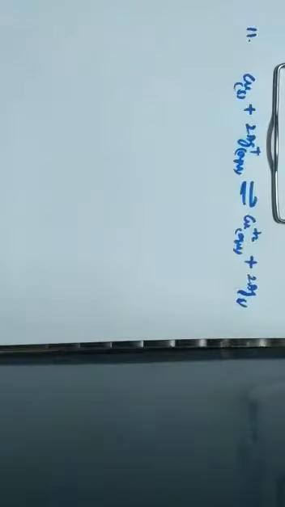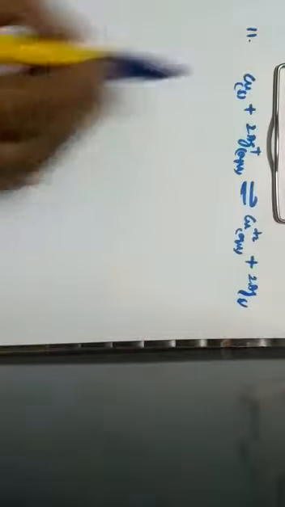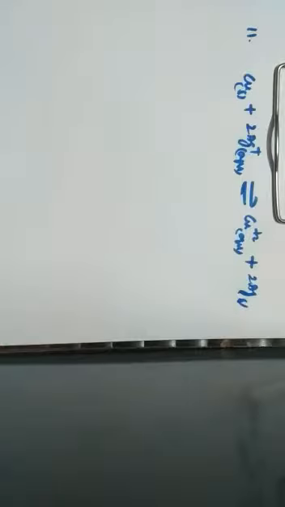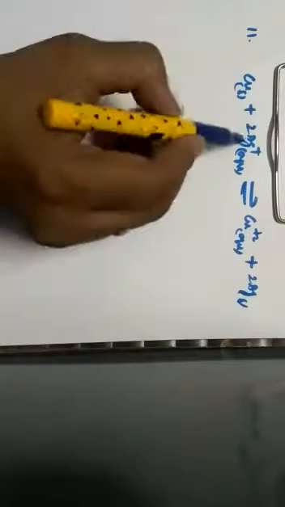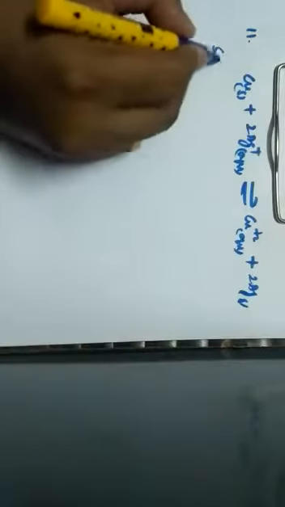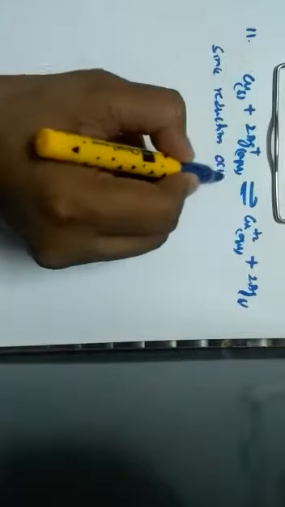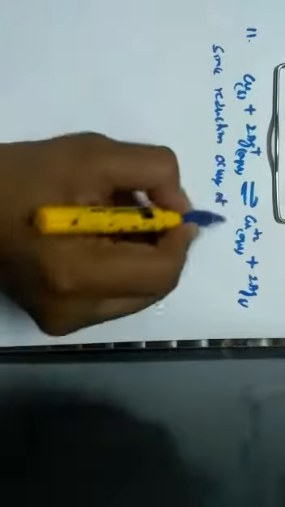solid phase. The options are: increase in the dimension of the copper electrode, increase in the dimension of the silver electrode, increase in the concentration of copper ions, increase in the concentration of silver ions. By this reaction, it is clear that copper is losing electrons and silver is gaining electrons. We know that loss of electrons is called oxidation, and gaining of electrons is called reduction. So by this we can clearly understand that the reduction occurs at